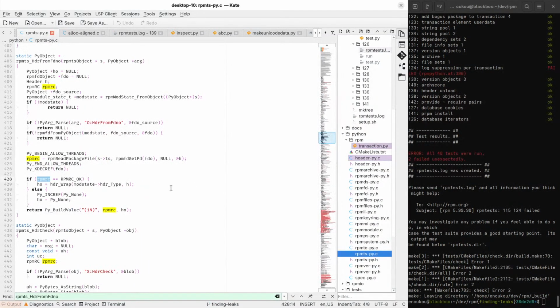Okay. But this assumes that if there was an error, which means RPMRC is not okay, then the H didn't get set. Right? So what we do is I would set header to null, so that if this function doesn't touch it, it remains null.